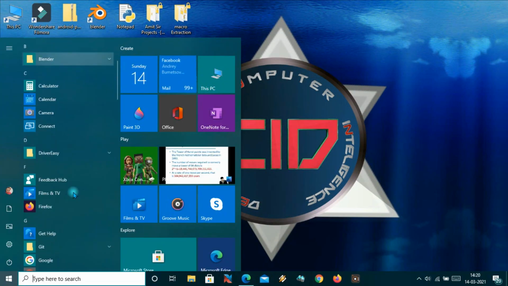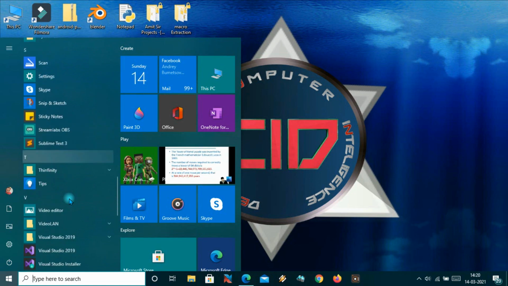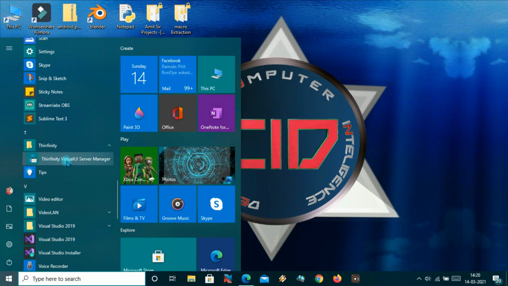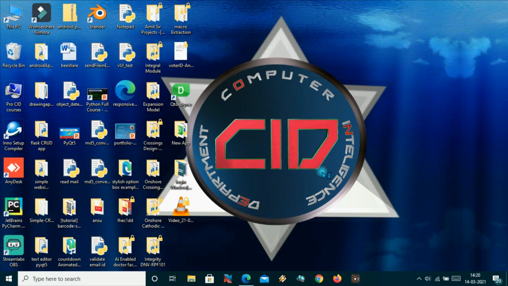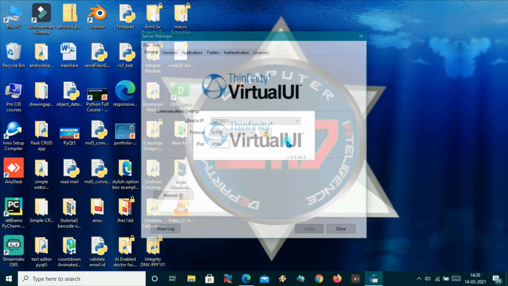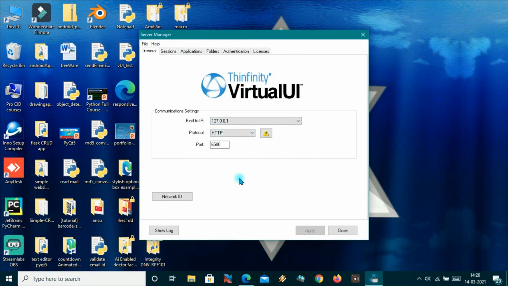If you go to the start button after installing, you will get a folder called Thinfinity, and here the application called Thinfinity Virtual UI Server Manager. When I click here, it will open the server manager, and here some information is given, like IP.